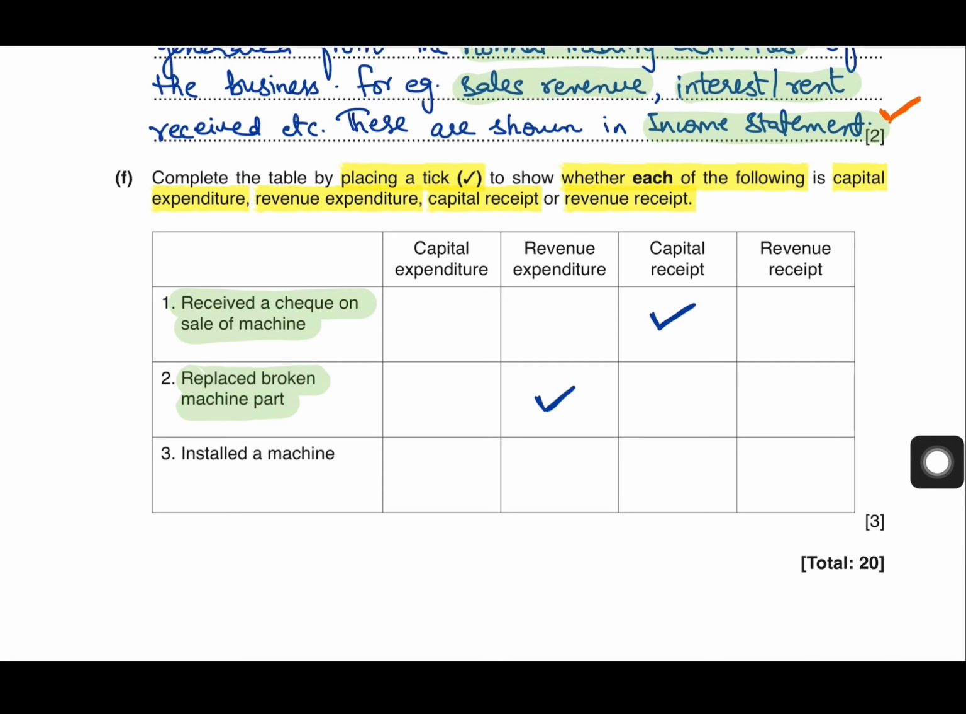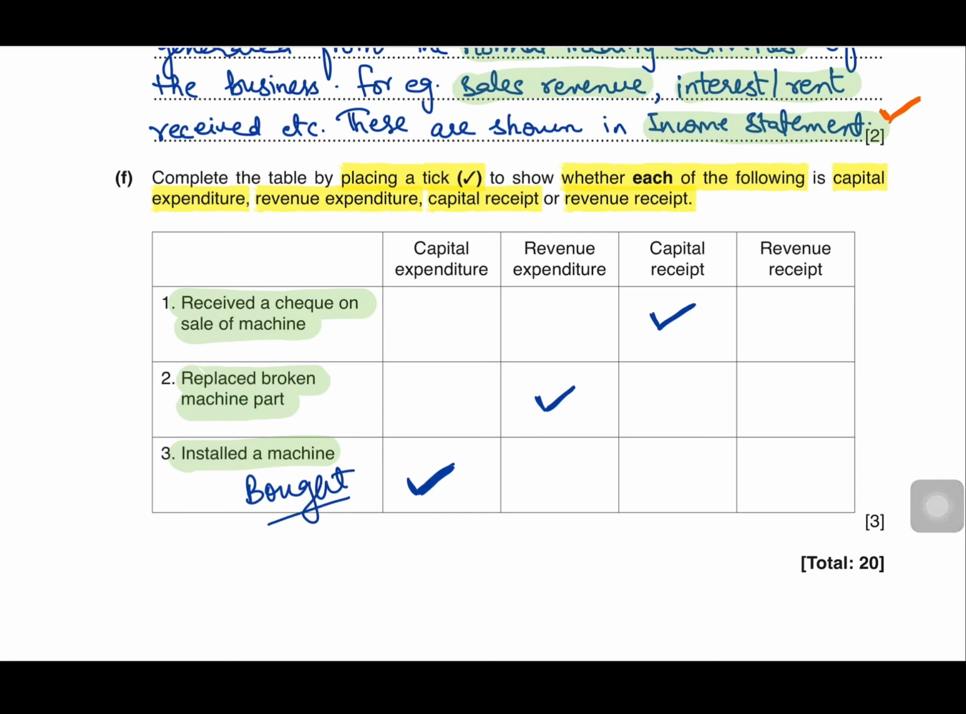Then lastly it says installed a machine. Installed a machine, this means that you have bought a new machinery and you have bought this with the purpose of using it in the business to generate your revenues. So, the purchase of machinery and all its related costs at the time of purchase are your capital expenditures, right. The purchase of machinery is a huge investment in the non-current asset, right. It increases the value of your business, so it can't be a revenue expenditure, it is a capital expenditure,